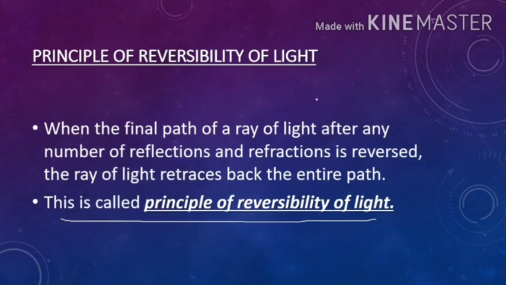In class 8 we have studied that white light splits into 7 colors, the rainbow colors, that is VIBGYOR, when it passes through a prism. In the chapter The Human Eye in class 10 physics, the principle of reversibility is represented clearly. Let this be the prism. This is the white light ray, then it gives red color, in the form of VIBGYOR. So white light emits 7 colors when it passes through a prism.